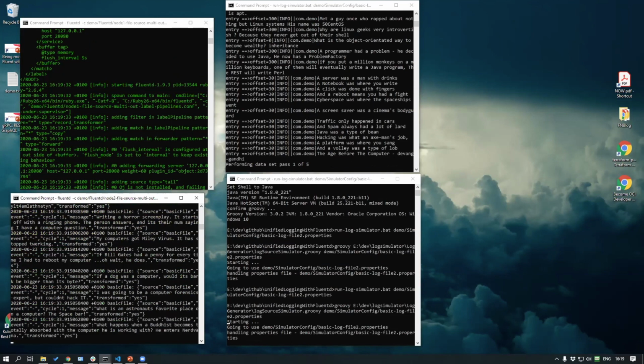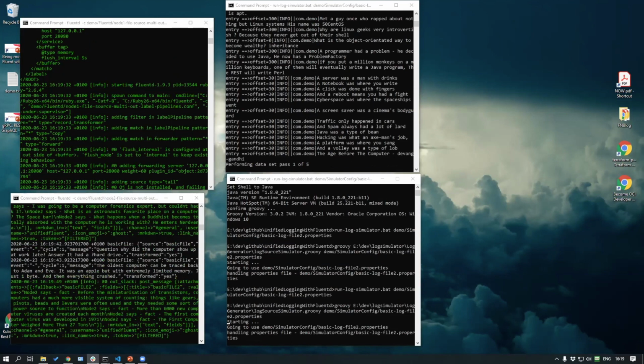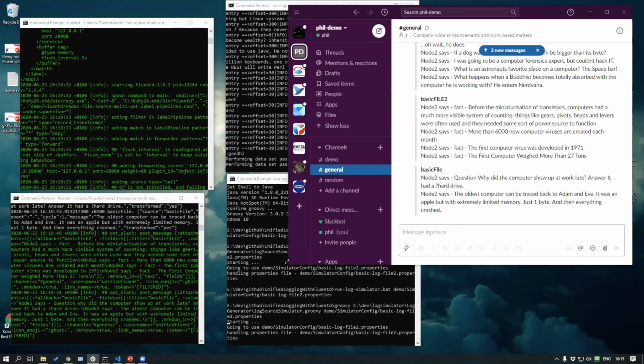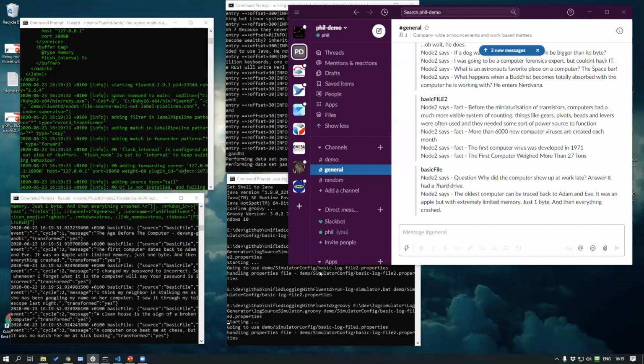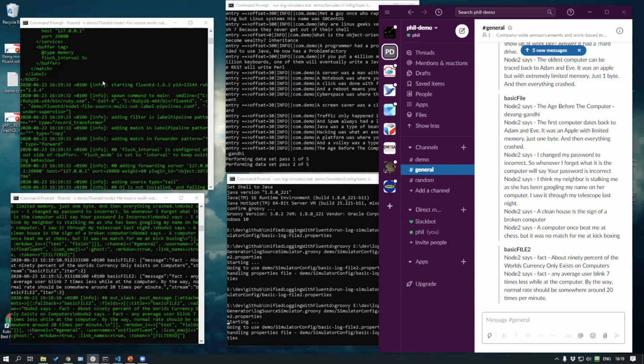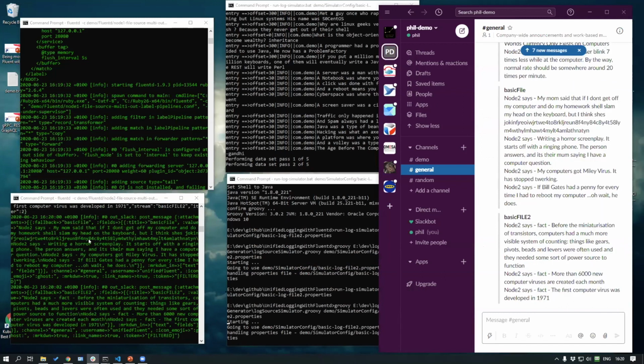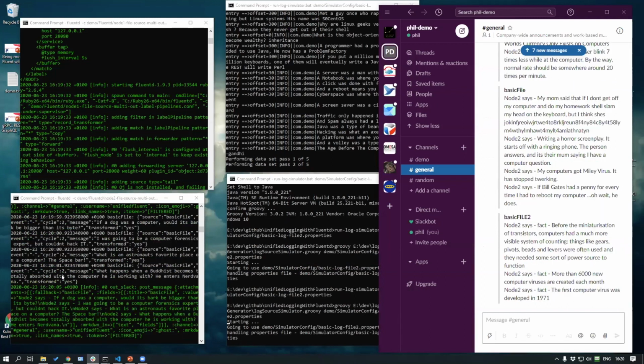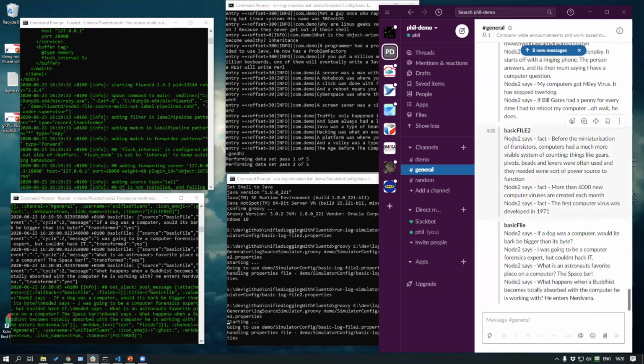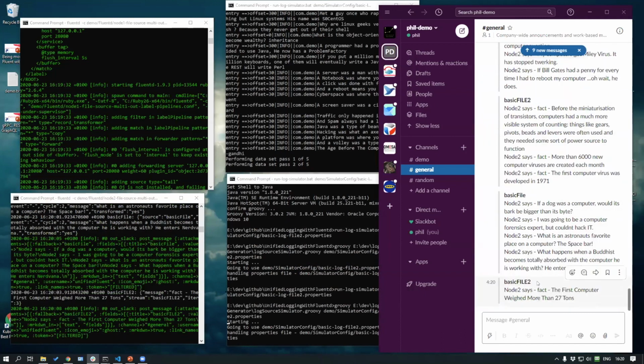Whilst that's kicking off, I'm quickly going to bring my Slack client over. And what you'll see here now is these two working together. You can see it going out to console, reporting some of the log events. And now, if you're watching carefully, my